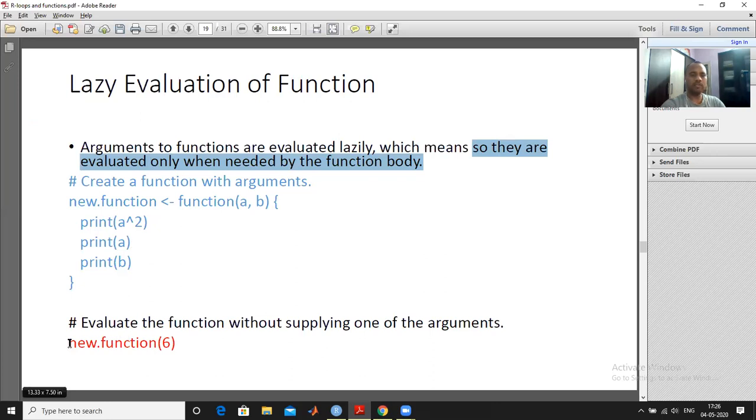If I call this function new.function(6), how many input variables are there? Two, meaning there are two arguments, but you are supplying only one. So it automatically maps 6 to a, and there is no value for b, but it will still evaluate and will not give an error. It evaluates the function if a is equal to 6. So if I copy this function,